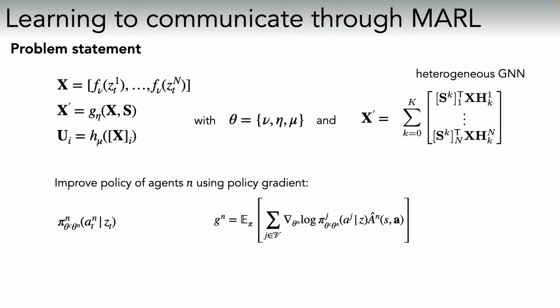The only thing that we're changing here is the loss function. So we no longer have a cross entropy loss, although we still do have our three sets of parameters we're trying to optimize for. Here in this case, we're using a policy gradient and optimizing over the parameters of the agent's policy. Another thing that we do in this scenario, which will become relevant in the third part of my talk, is we're actually enabling the agents to develop heterogeneous communication strategies. And the only thing you need to do here is to index the matrix H by the agent's ID. So you're allowing an agent to not share parameters across the different H's, basically.